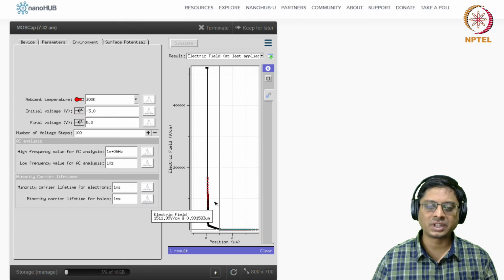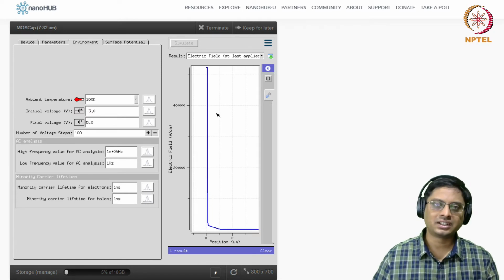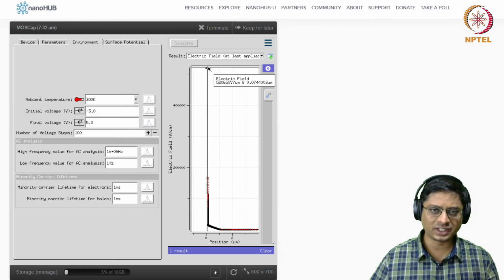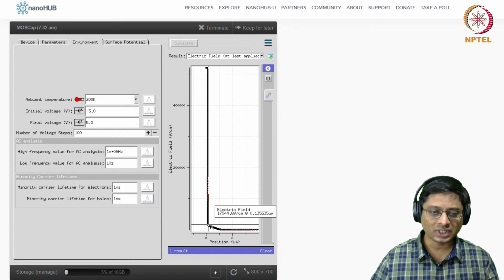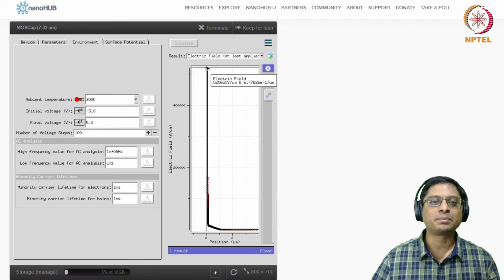That is true when you don't have any sheet charge. Here the inversion charge itself acts like a boundary condition, so you have to account for the inversion charge also. Because of that, if you look at the electric field here, it is about 52. At the edge of the depletion region, it is 14. So 14 is more than 3 times, right? It's getting to more than 3 times. So you can compute and check it out.